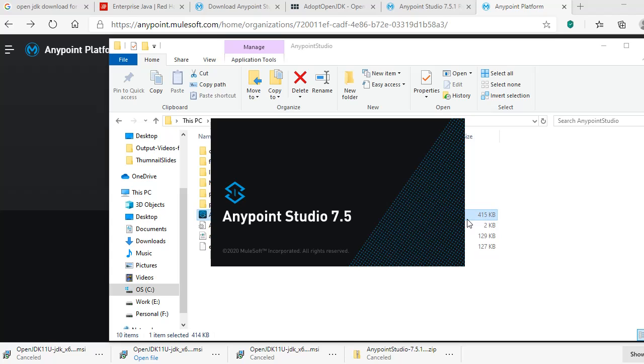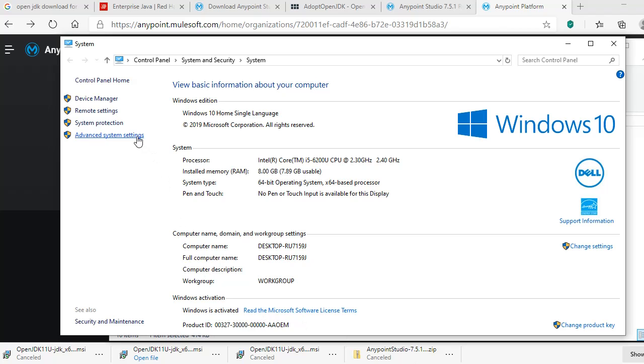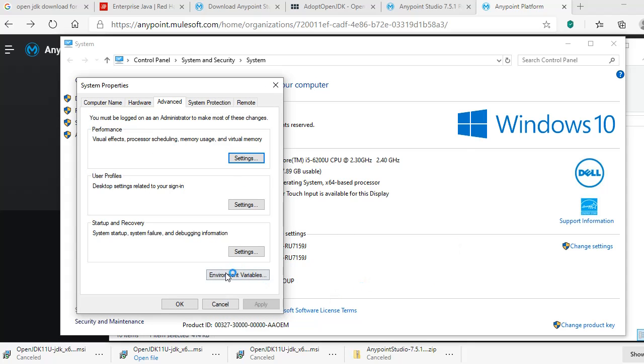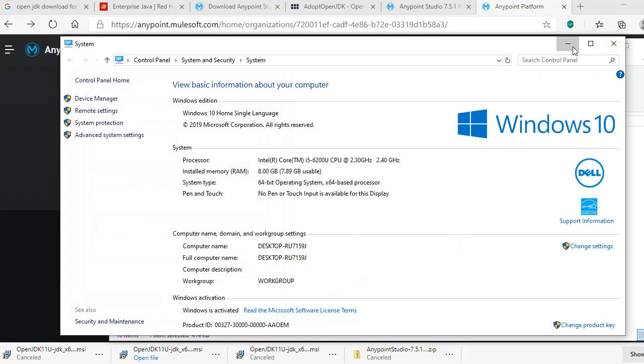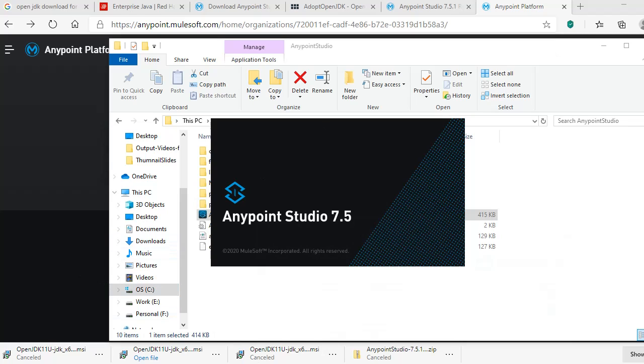In that case, you need to just check the environment variables are set up in the right way or not, as we discussed just now. If we didn't set these environment variables with the Java which we have installed in our system, you will not be able to open this studio, because the studio expects Java home to be set up. That is why I have actually set up the Java variables first.